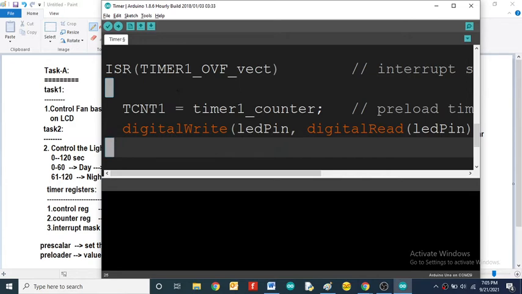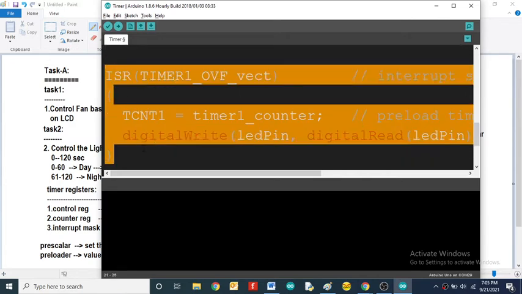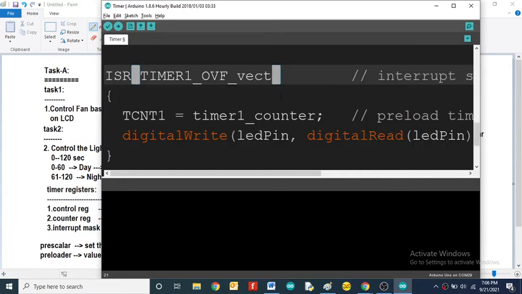This ISR is fixed because it is a vectored type of ISR. In the interrupt concept, I already discussed the vectored and non-vectored interrupt controllers, NMI and maskable interrupts. All these things we discussed.